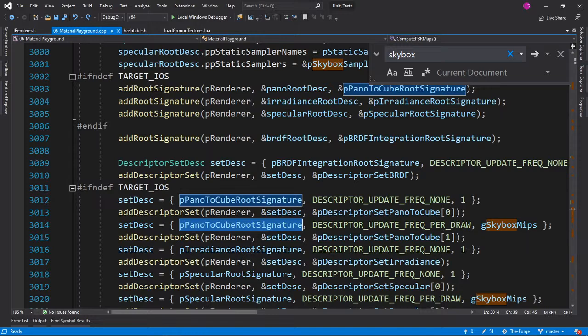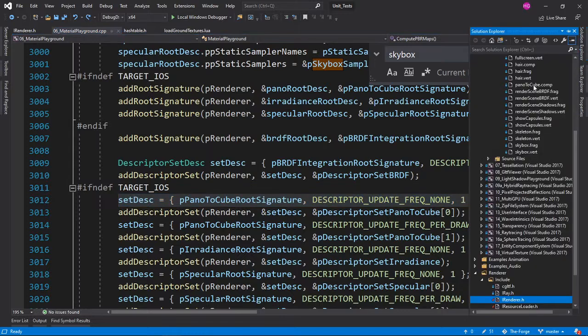So this is just describing how often that variable in the shader needs to be updated. I don't know how they're doing it, but